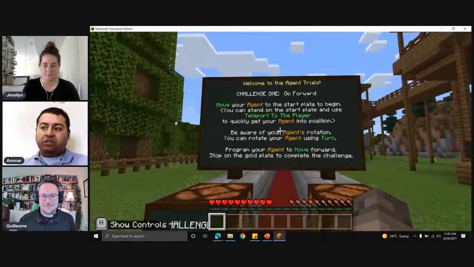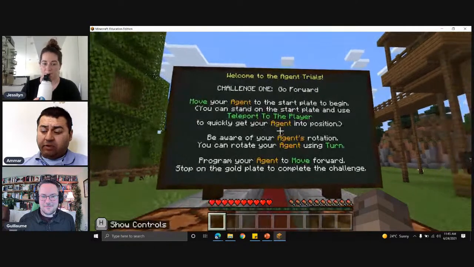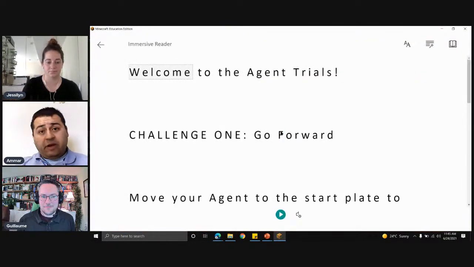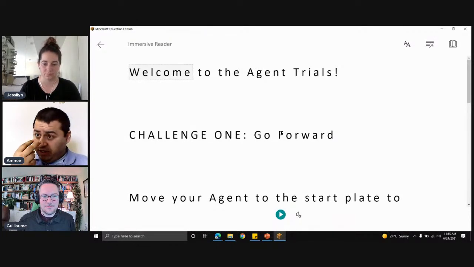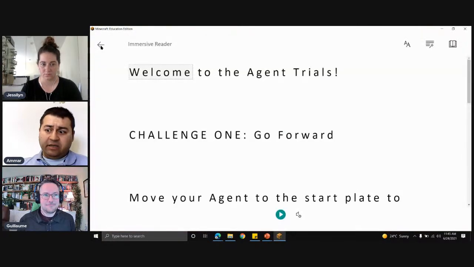Notice it gives you some instructions. If you've never used Immersive Reader before, and if you need it, feel free to look at that board and press the I button. That's going to open up Immersive Reader. I don't know how you learn, but I like to learn using bimodal reading. That means I read with my eyes and I listen with my ears. Using Immersive Reader, I can do that. So by pressing I on this board, I've literally just opened up that text, and I can hit the play button, I can hear it, and I can read it.